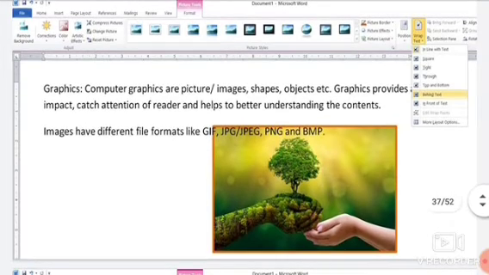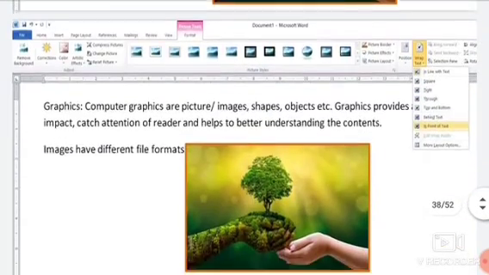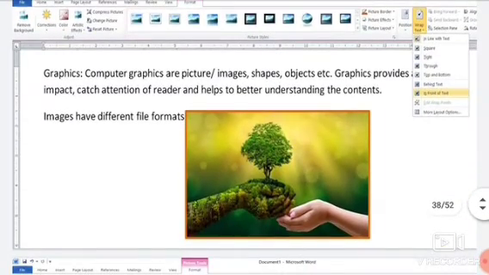And behind text, as you can see, the text matter is coming in front and the picture is behind the text. And we can choose in front of text also. In front of text means the picture will appear in front of the text which is written here.